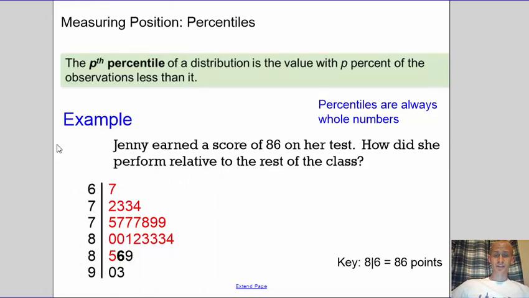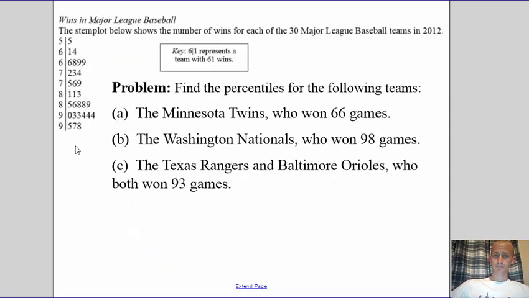So that gives us a little bit of information of where she is. One thing to note is that this number worked out pretty nicely, but percentiles are always whole numbers. So as we look at different things, you're going to get some decimals. You can round those, either round up or truncate it, and then use that number for where they are. So this is an example in your notes. I'm going to keep going, but if you want to pause it here, look through these, answer these problems at your own pace,